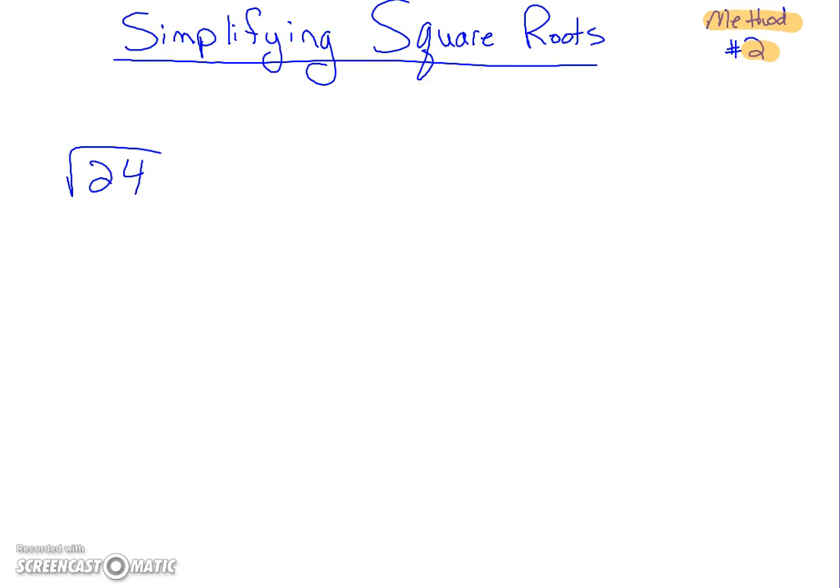This way, it takes a little bit longer to do method number 2, but it always works. And it's a way that you're familiar with. All right, to simplify the square root of 24, think about breaking it down to prime numbers, and